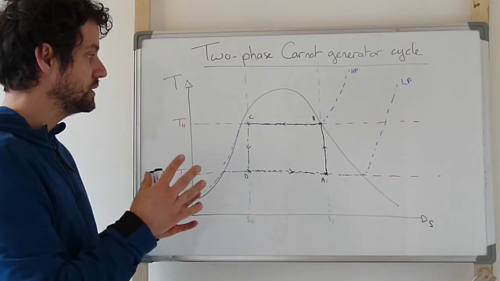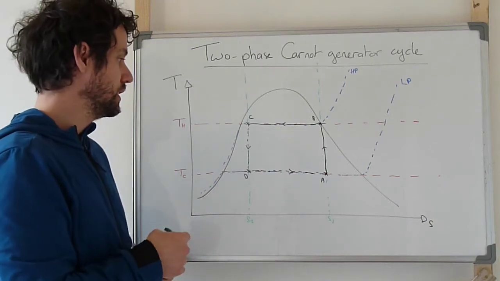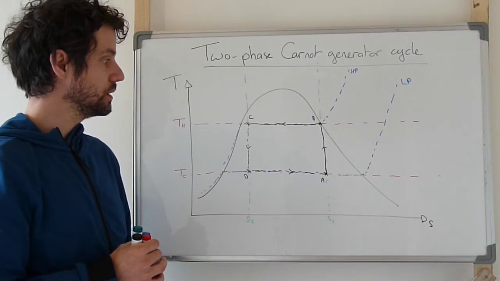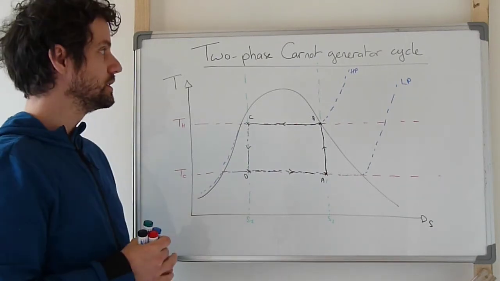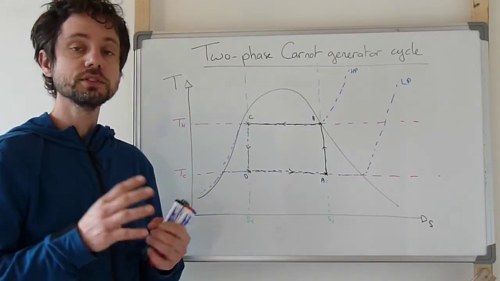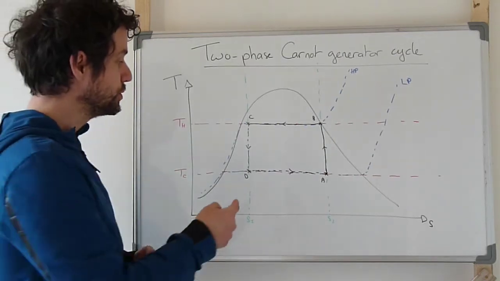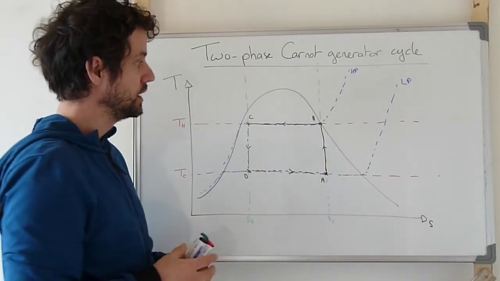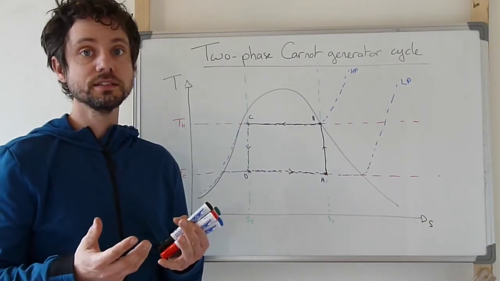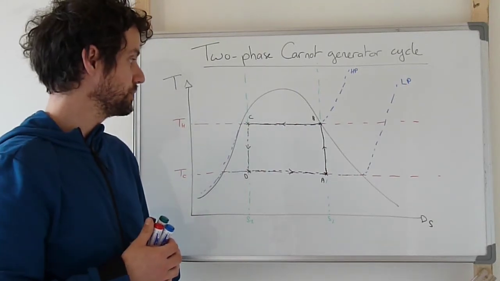And so this is the basic idea on which is developed the vapor compression refrigeration cycle. Unfortunately, it is not possible to do exactly a Carnot generator cycle, mostly due to technical constraints. It is not possible to do exactly the transformations that are proposed here. So the differences with the Carnot cycle will be developed